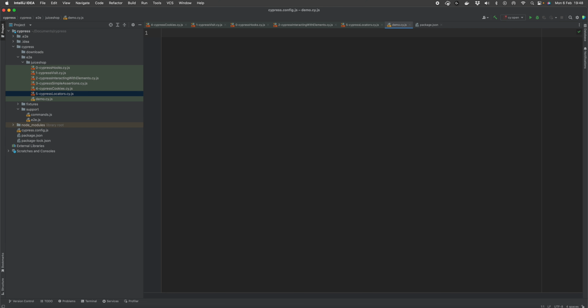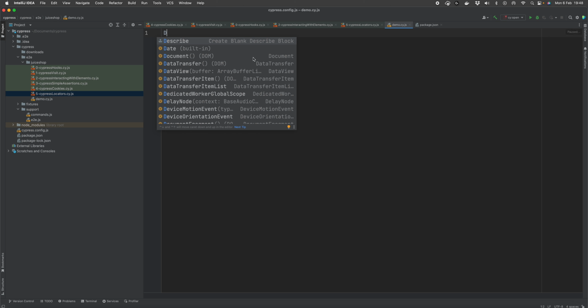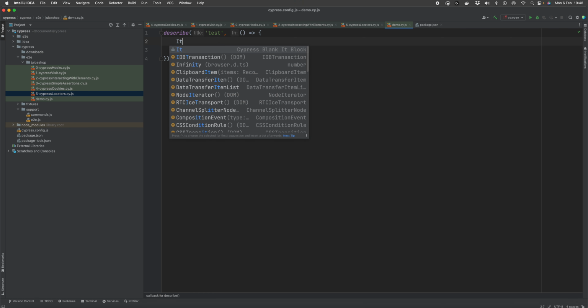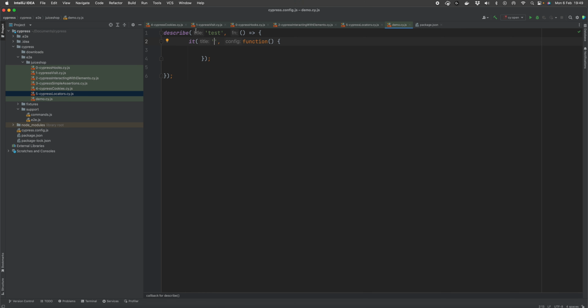And then if you wanted to, you could do your individual sections as well. So I've got a describe block example, so just call that test, and then if you wanted to, I've set up one for an it block, and there you can see it's automatically populating the cursor where you need it, and there we are. So that is how easy it can be to get set up with Cypress.